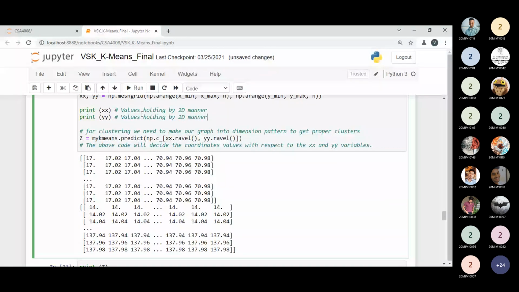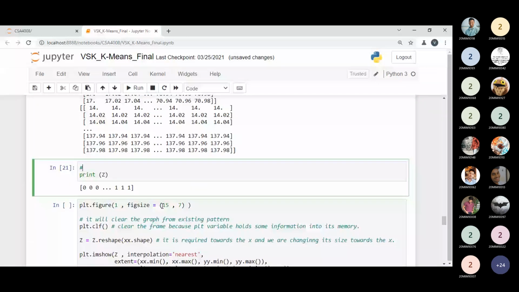Talking about Z, so Z is what? Z is about the transformed variable. I can write over here: Z is a transformed variable to keep values in one dimension.